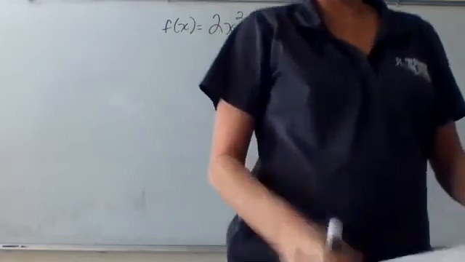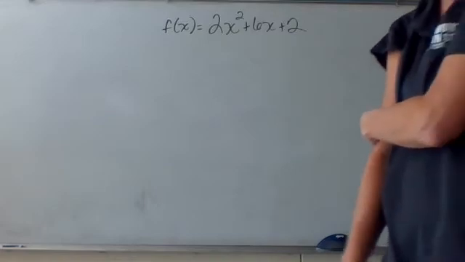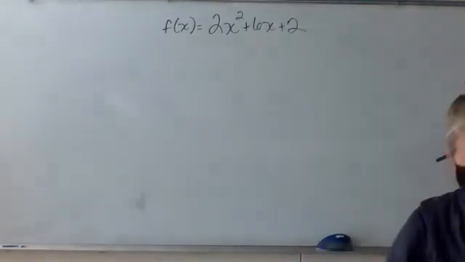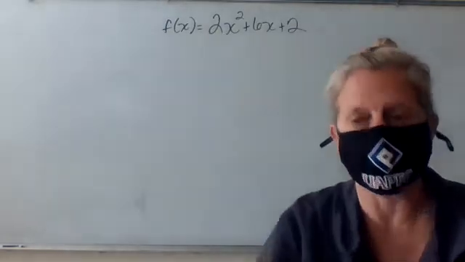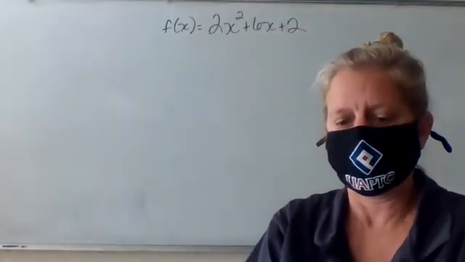F of x equals 2x squared plus 6x plus 2. It wants me to find the vertex, the axis of symmetry, the minimum or maximum value, and then it's going to want me to graph it. Now, remember, if I know what this looks like on a graph, I can find its vertex in my calculator. So let's